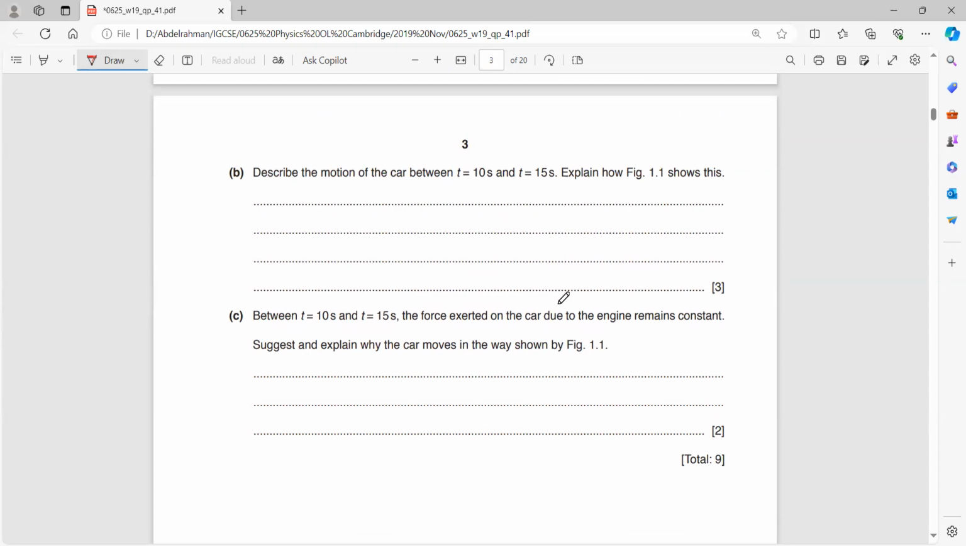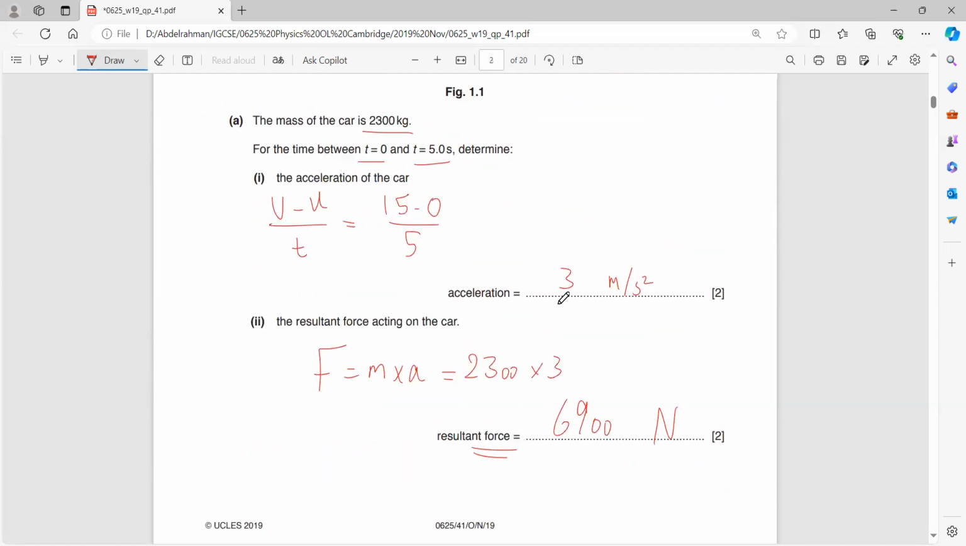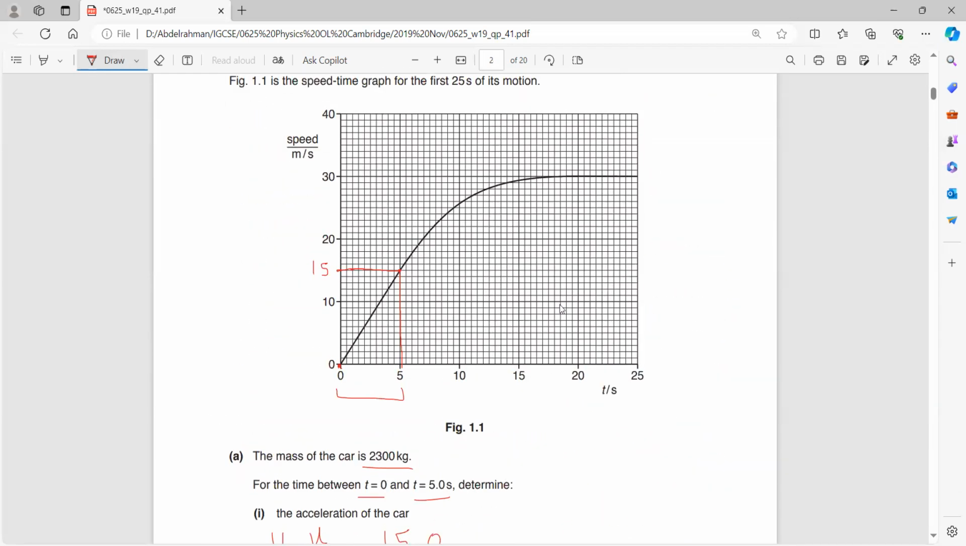طيب describe the motion of the car. ودي واحده من الاسئله اللي بتيجي كتير قوي في الامتحان. يجي يديني جراف speed time graph ويقول لي find the acceleration, find the force, and then describe the motion of the car between time t equals 10 and t equals 15. طيب عايزين نشوف t equals 10 and t equals 15. Can someone describe the motion between these 2 points يا شباب؟